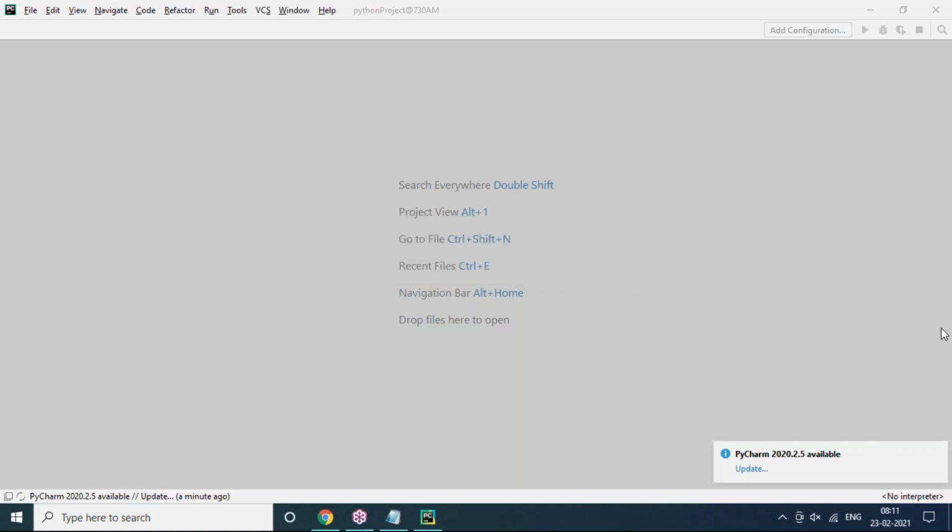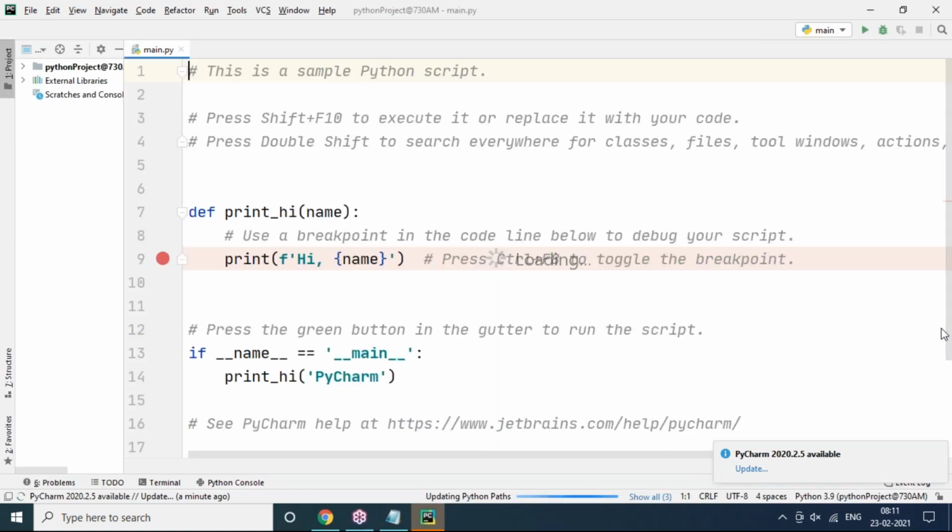No difference between IDLE and PyCharm. Both are editors only. But the difference is whenever we write code in IDLE software, there is no IntelliSense. IntelliSense means while writing a program in Python, some suggestion box, some graphical user interface options will come, but those options will not be there in IDLE. But in PyCharm, clearly the options are available. You will see how it is different.